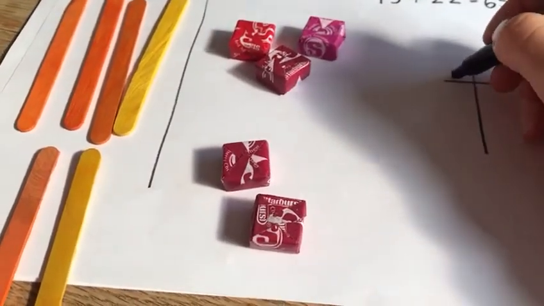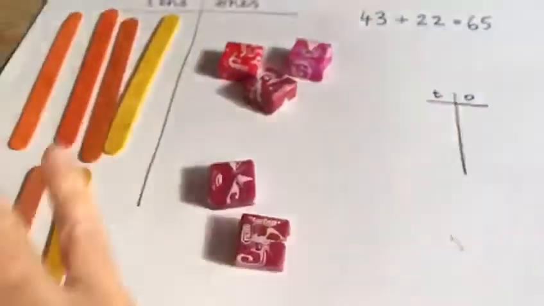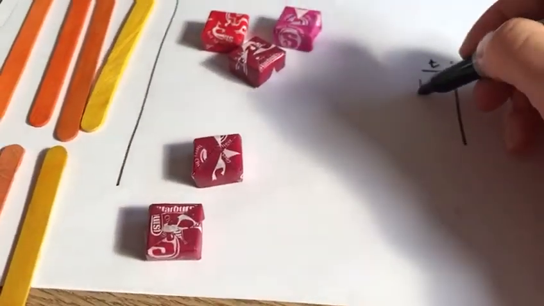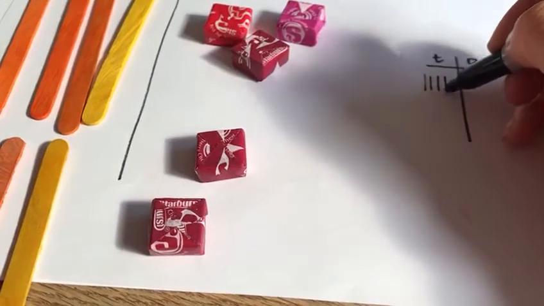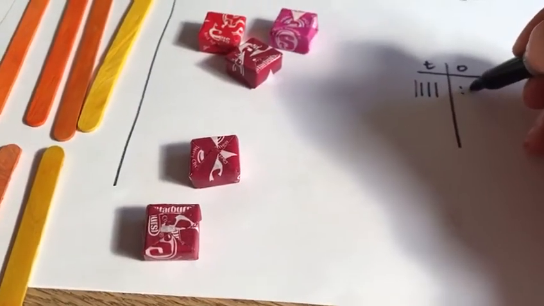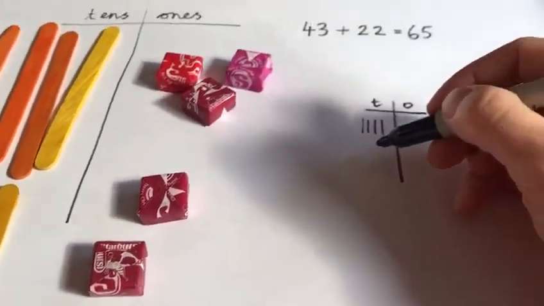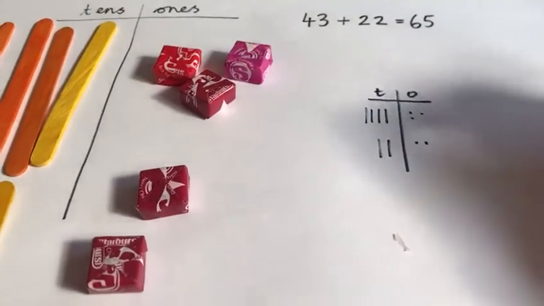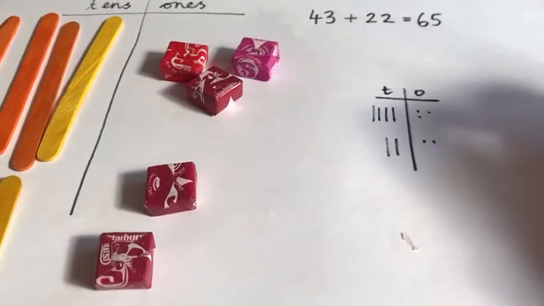So we would teach the children to draw the calculation in front of them. So draw 43 at the top with sticks for the tens and dots for the ones. Draw 22 underneath. Now at this point I would probably get them to get into the habit of counting up